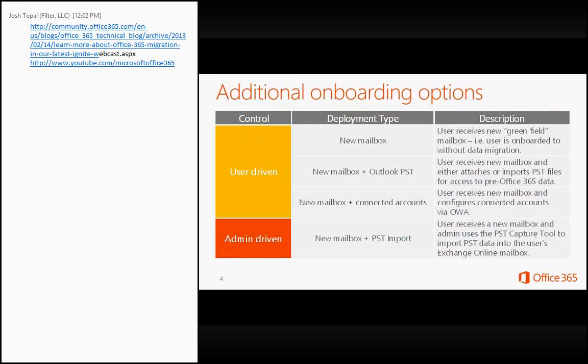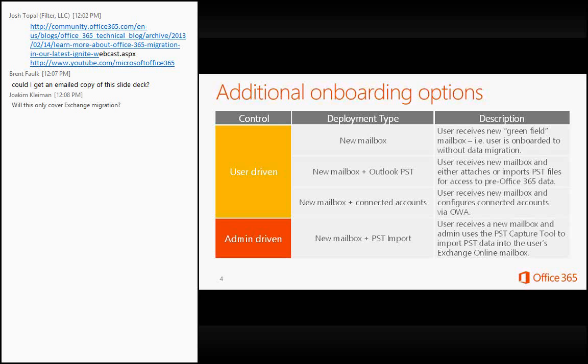So there are some additional onboarding options here that we can quickly go through. Some that are user-driven, some that are admin-driven, and these may be options for smaller organisations rather than a larger organisation where they may want to have some form of hybrid. But essentially, you could just provision new greenfield mailboxes, so creating a brand new mailbox with no data in there. And then the user could pull their information if it's in a PST, for example, and just copy that data across,